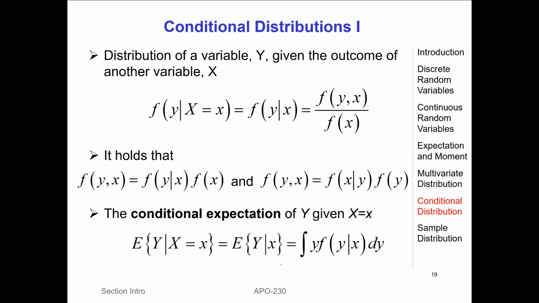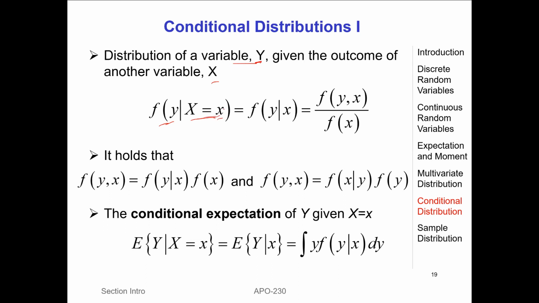The impact of the policy in this case is the random variable, let's say Y. And by adjusting some other variable X, for example, tax, we would like to know the conditional distribution,